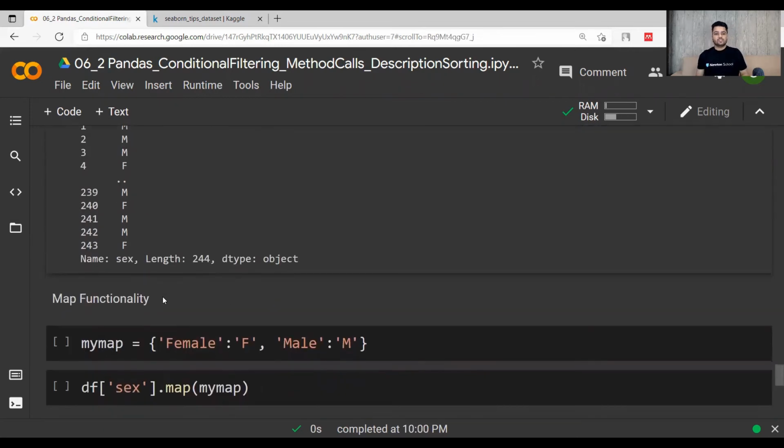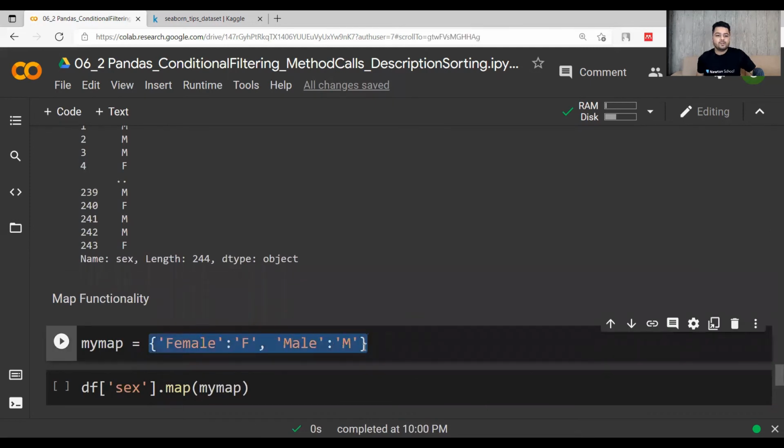Now let's do the same thing using a dictionary. There is this map functionality. What you have to do is write a dictionary, let's say with the name my map. Within the dictionary I have given the two values, female colon f, comma, male colon m.